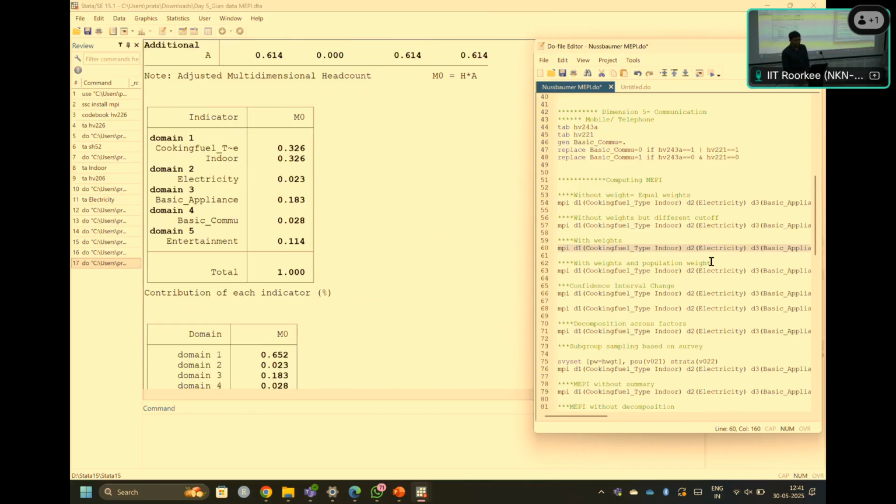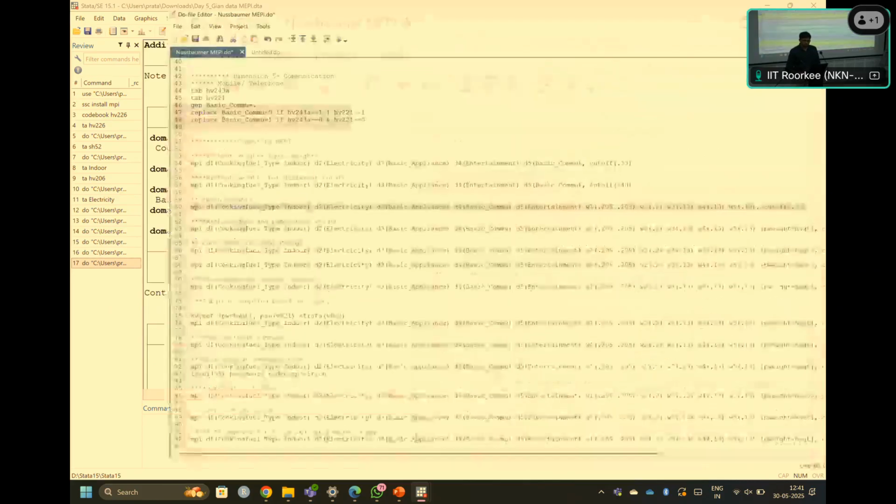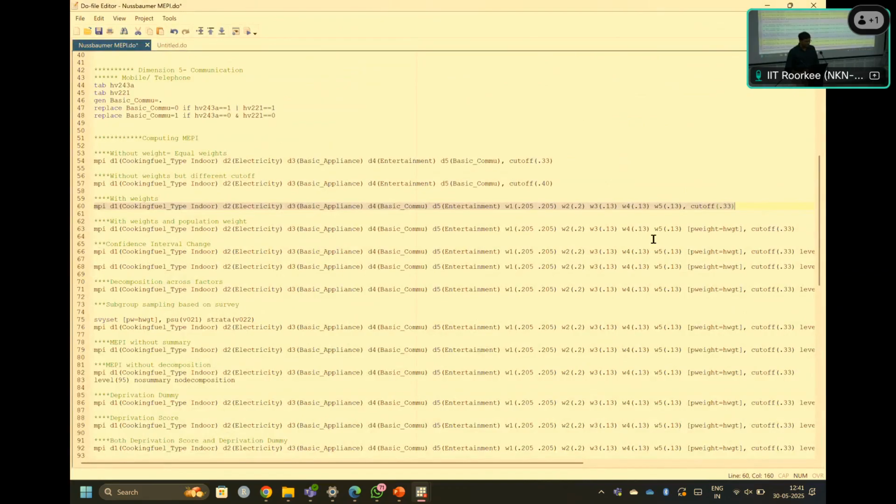So it helps us derive better policy interpretation and targeting. If our target is the bottom 10% or 20% of the population, then the weights and the appliances and indicator variables can be taken accordingly.